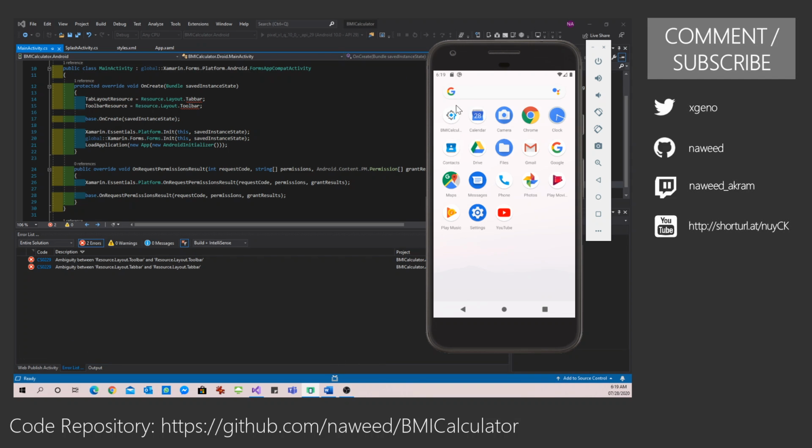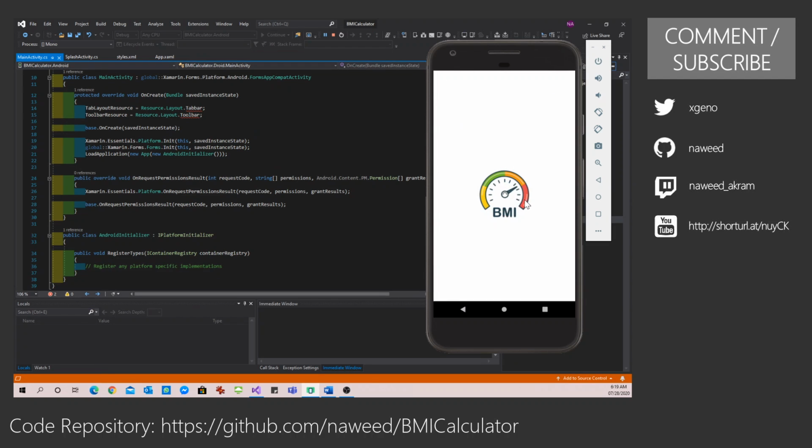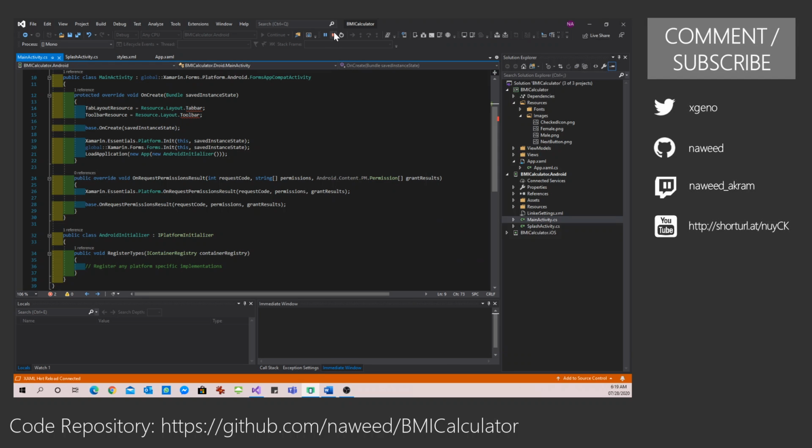we should be seeing a different icon, and we should also be seeing a splash screen. So here you go, you can see our icon has changed, and now we have a splash screen as well. When the application starts, you will also notice that our status color has been changed from blue to white. So our application is now starting to take shape.